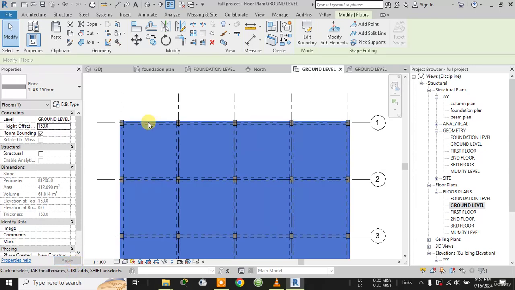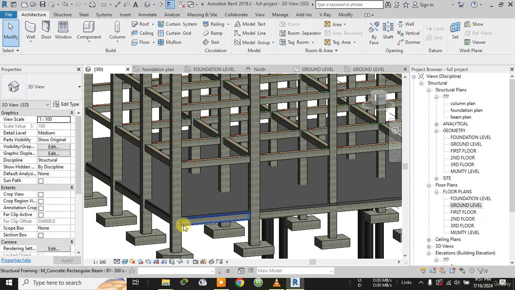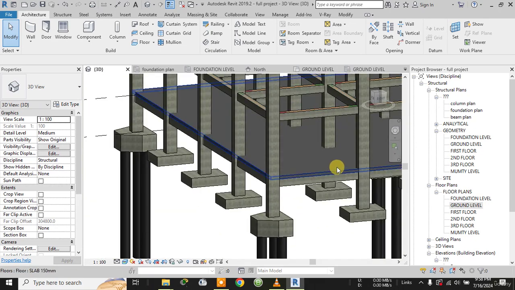Let me click on apply. Now you will go to the 3D view. See, now my slab of 150 mm is fully placed over the beam. Okay, in this manner I will click on the slab,